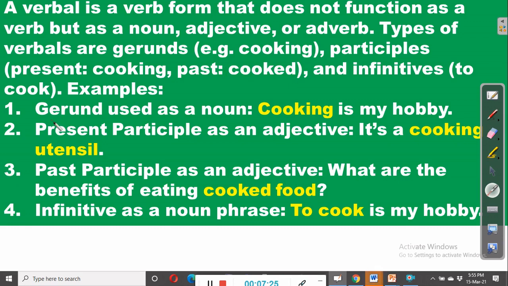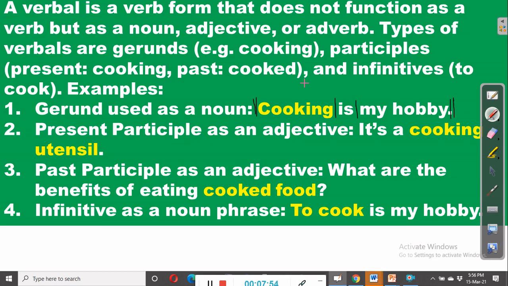Now, using gerund as a noun, we have: cooking is my hobby. Now, what do we have here? If we analyze this sentence, let's do sentence analysis here. And of course, I will show you how to do sentence analysis, how to analyze the sentence into the various